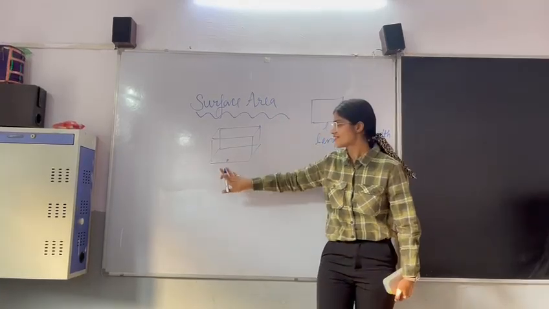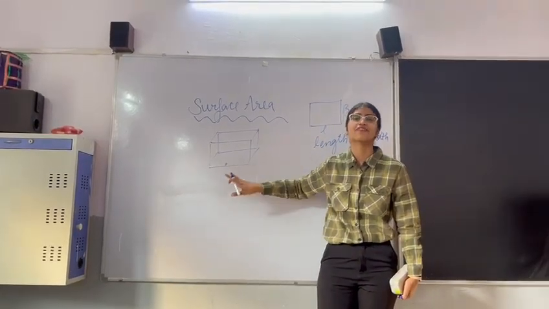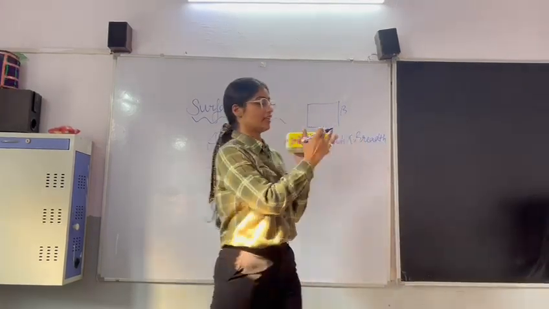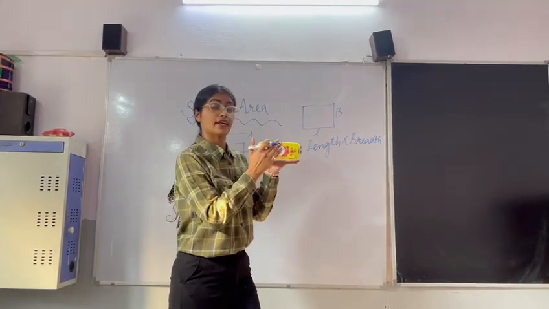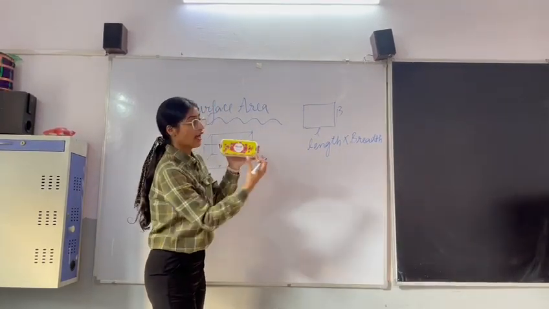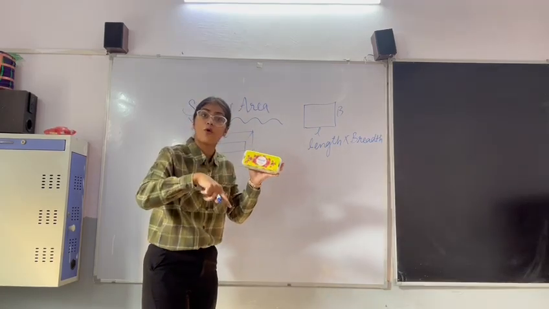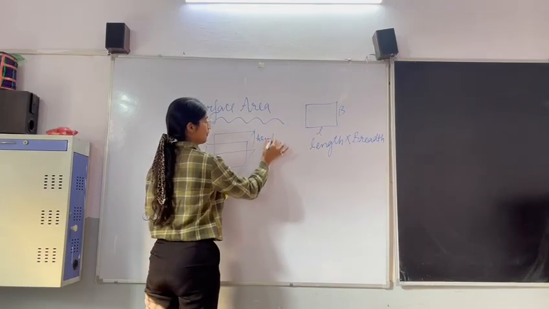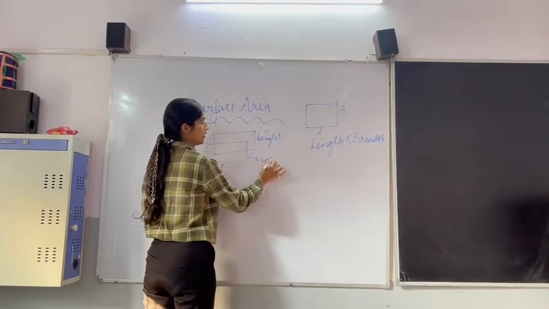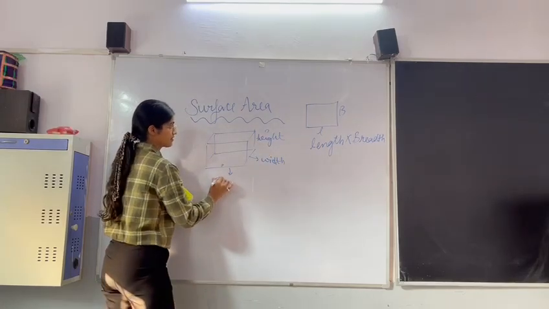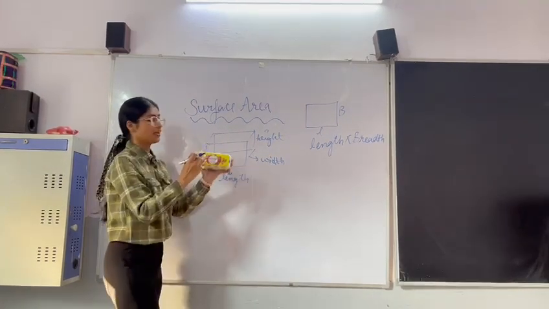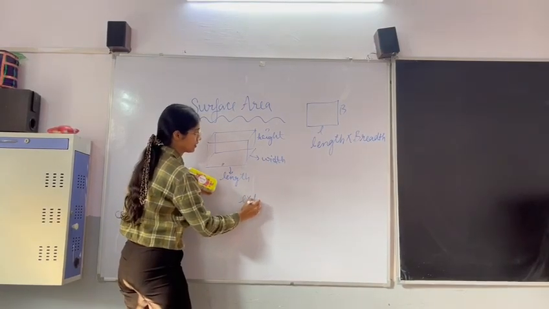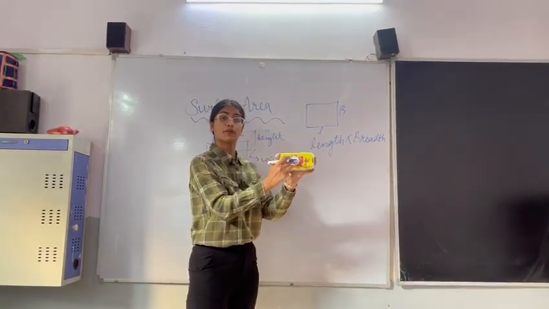Now we are having 6 rectangles here, so that simply means we need to add the area of the 6 rectangles. Let's see the area of the front rectangle. This has a length and height. So in a cuboid we are having the 3rd dimension, that is height. This is your width and this is your length. So area of the front rectangle is length times height. Similarly, the same rectangle we are having